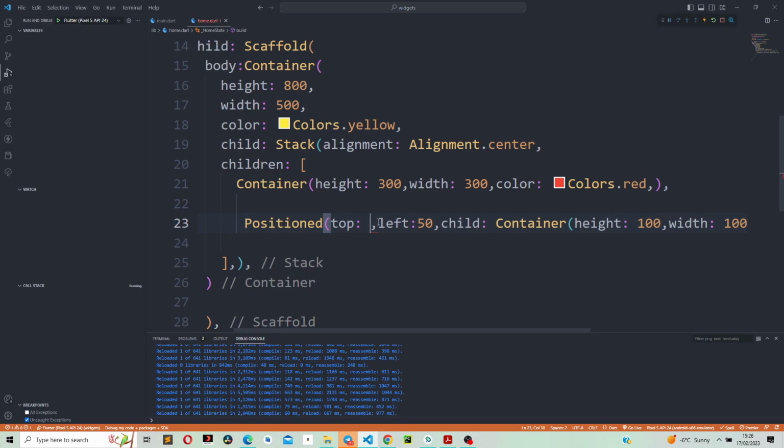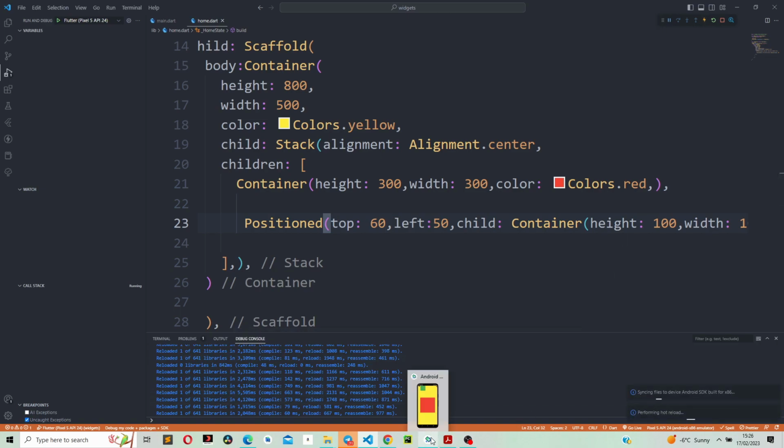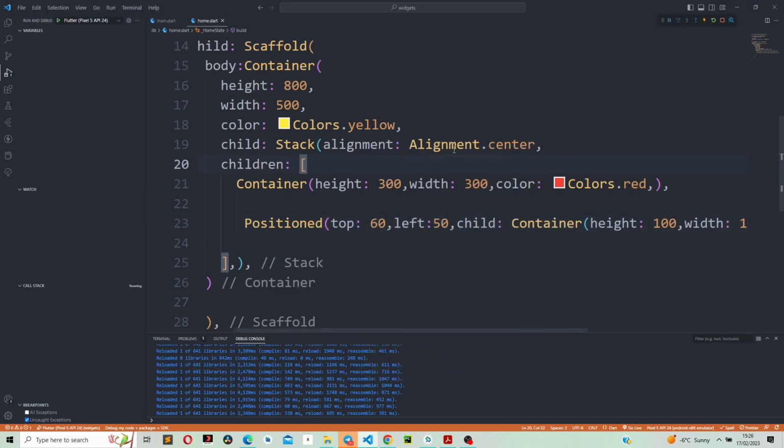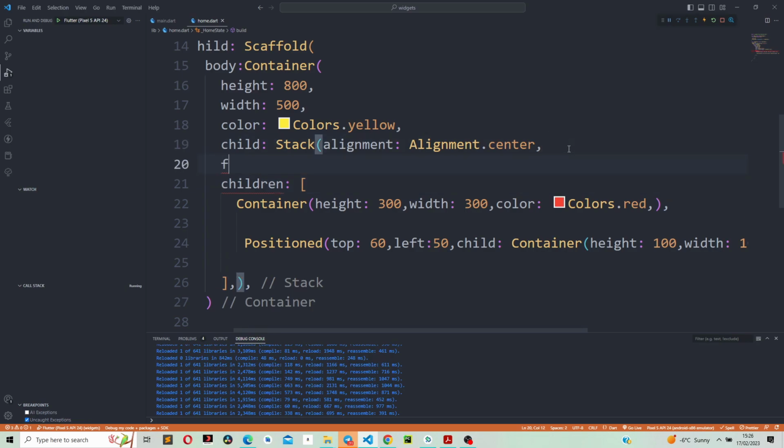So if we say we want a distance of 60 from the top, you will see that we'll also get a distance of 60 from the top. As you can see, we now have a distance of 60 from the top. And then there's another property that I want to show you, which is called fit. So if we say StackFit.expand,